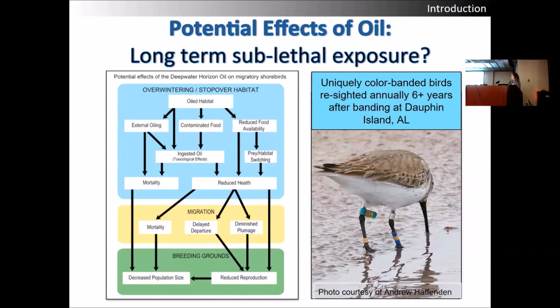And something I want to point to too is that it's not only within seasons and migration, but also potential re-exposure between seasons. One thing that my dissertation research was able to demonstrate is that some shorebird species show incredible site fidelity to their stopover sites here on the northern Gulf of Mexico. I uniquely banded a suite of sandpipers across both sites in the Gulf, but this is actually a Dunlin that I banded in the spring of 2013 in Dauphin Island, Alabama, that has been resighted every year during spring migration